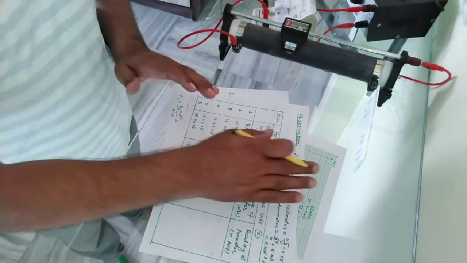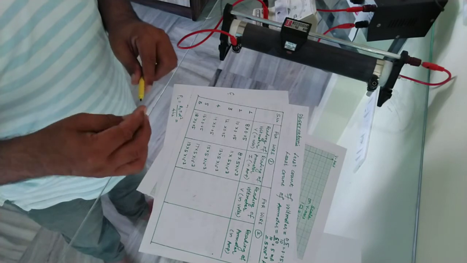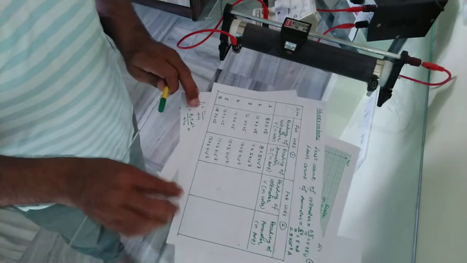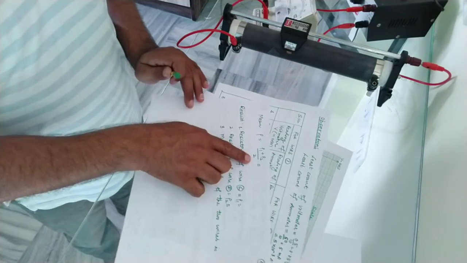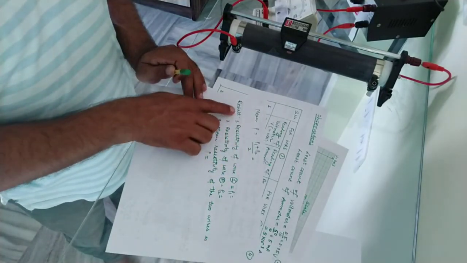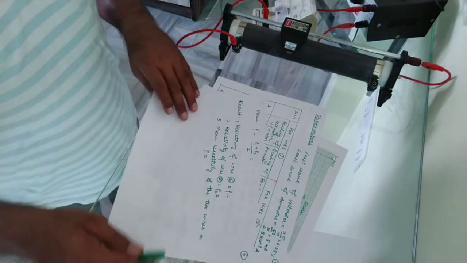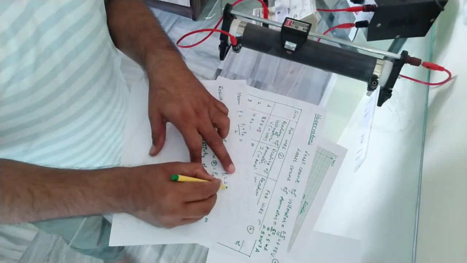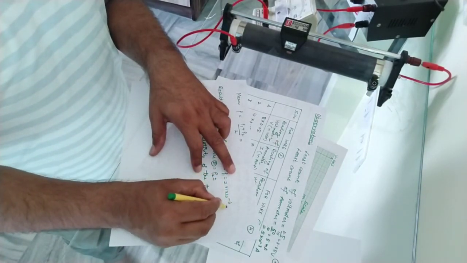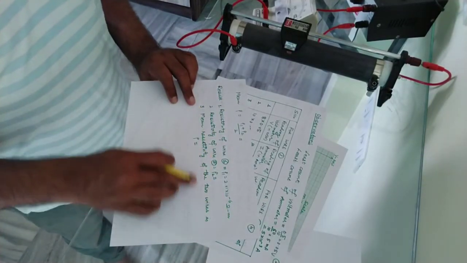Once again plot a new graph for V and I, find its slope, you will be able to find its resistance from the slope and then calculate its resistivity, and we mark that resistivity as rho 2, and then you find the average of the two resistivities, rho 1 plus rho 2 upon 2, and then in the result you can mark the resistivity of wire 1, rho 1, is this much. I can write it here because I just calculated. The rho 1 is 2.41 into 10 to the power minus 6 ohm meter. Then the resistivity of the second wire rho 2 is this one. Mean resistivity of the two wires is this.